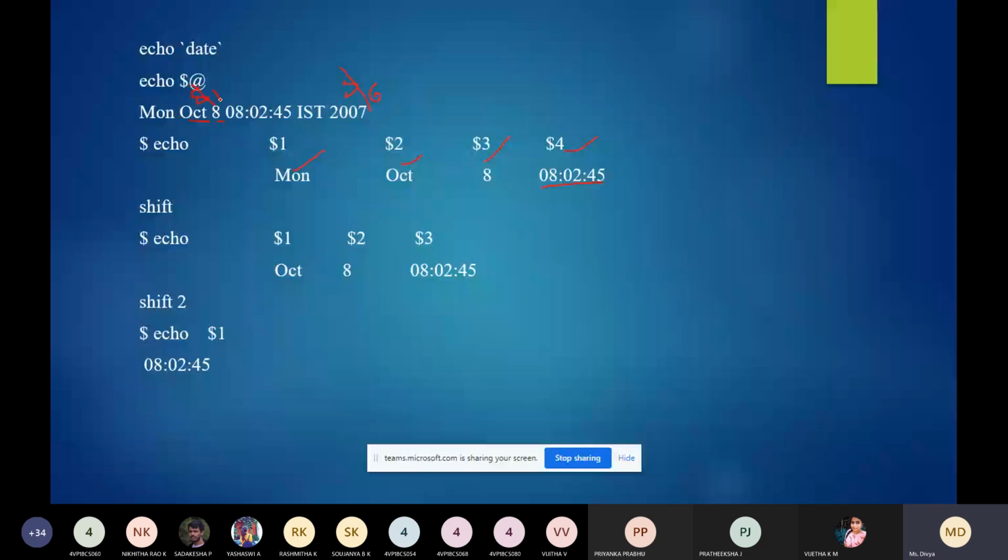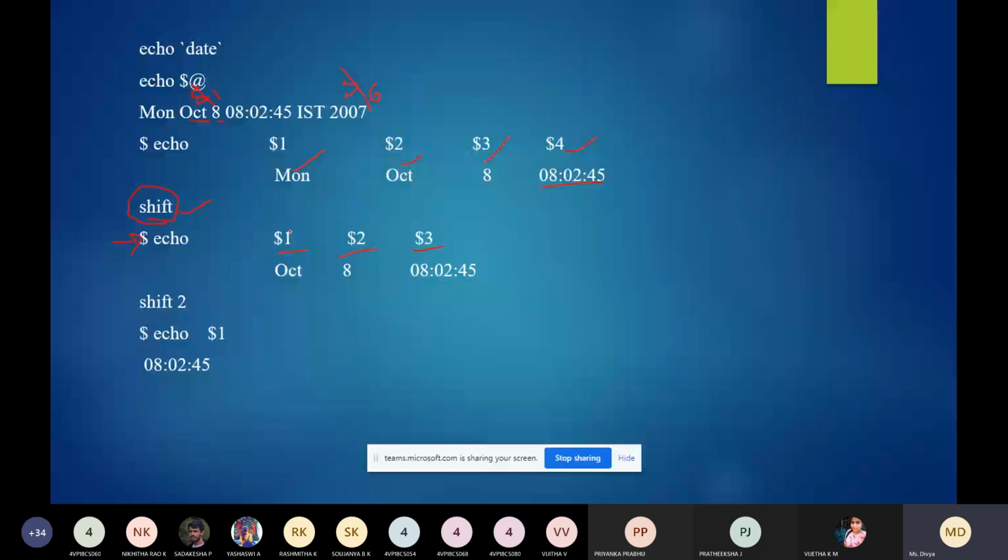Now what we are doing is we are executing the shift command. So what will the shift command do? The shift command will transfer the content of the positional parameter to its immediate lower number. That means, after executing the shift command, when you try to display echo $1, $2, and $3, now $1 has what value?